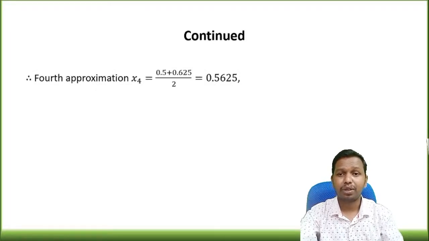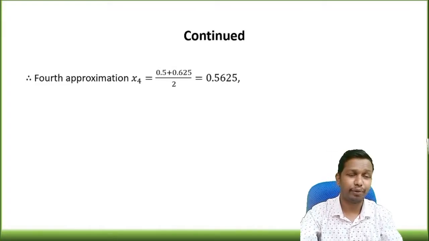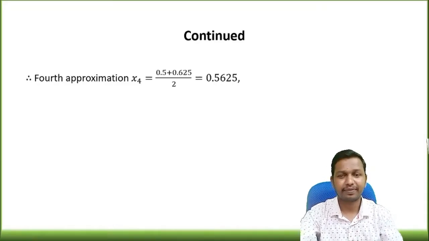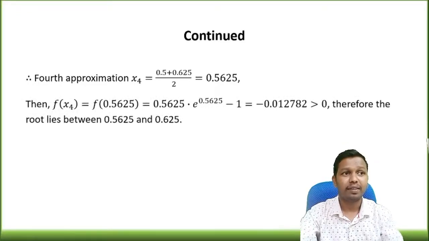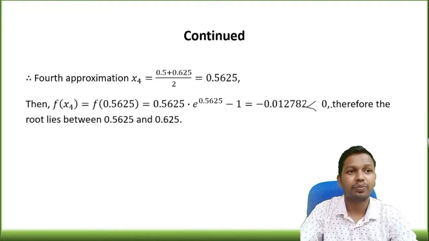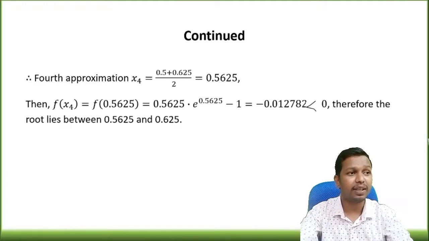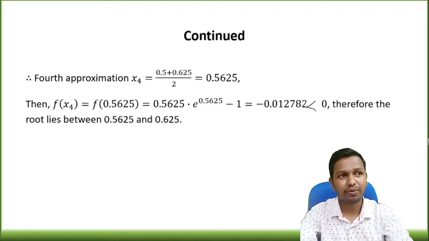Next, we are going to find the fourth iteration or fourth approximation, that is x4 equals 0.5 plus 0.625 divided by 2, which is equal to 0.5625. Hence find its functional value at 0.5625, that is minus 0.012782, which is less than 0. Therefore, the root lies between 0.5625 and